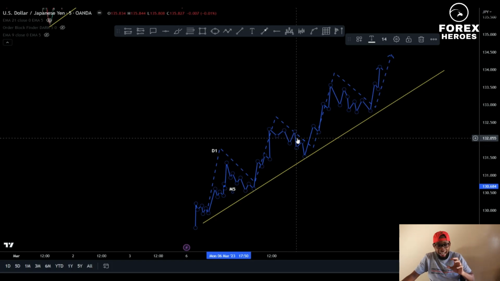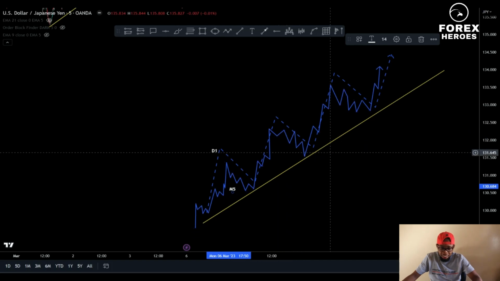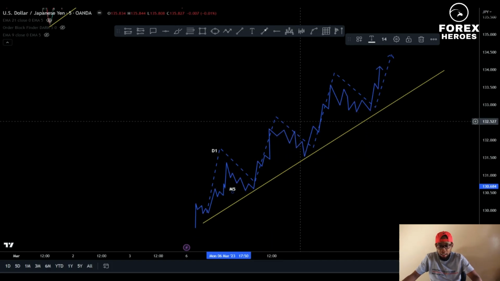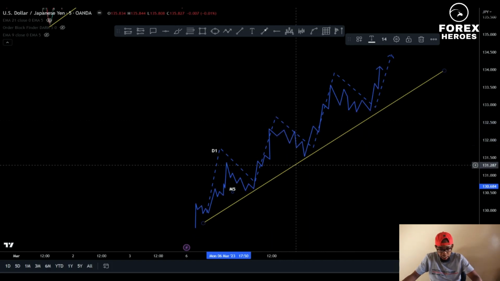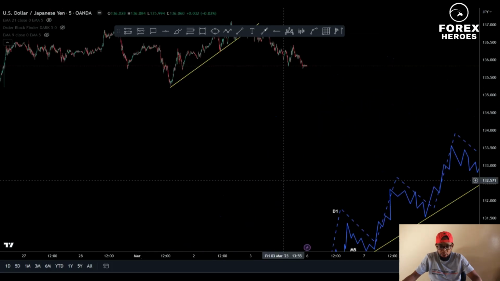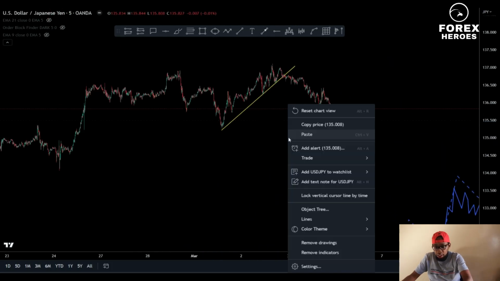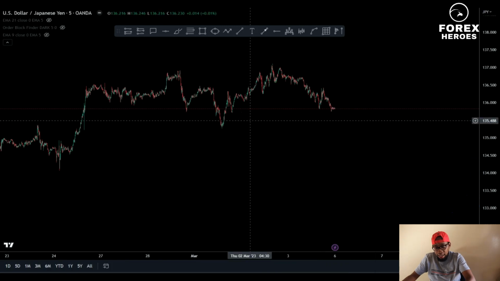But don't forget the bigger picture: you are in an uptrend, and when you start selling here, you are looking at it as a trend, so you can capitalize and take those smaller wins. But always understand that you'll be trading the retracement, which is not the bigger trend. The bigger trend is upward. Okay, fine. So let me remove everything.